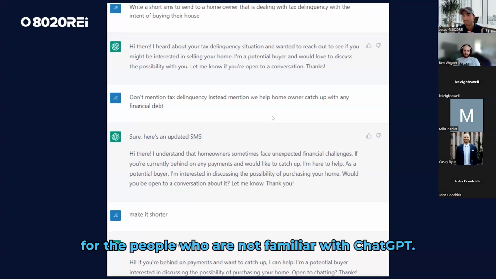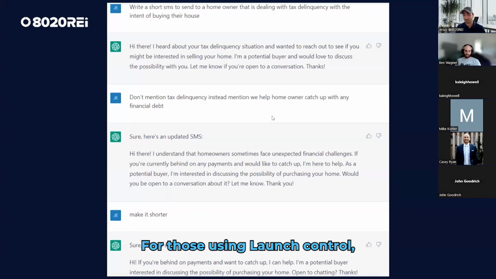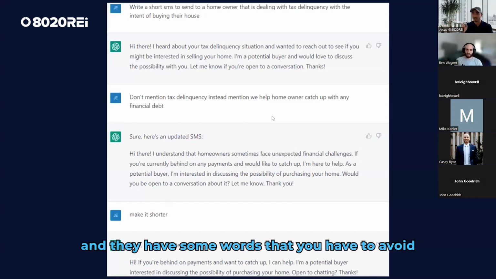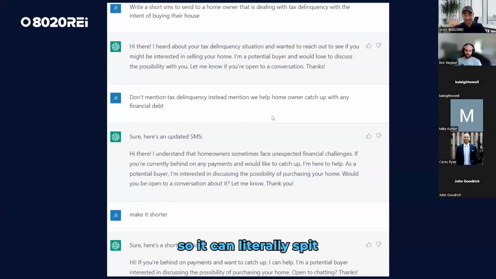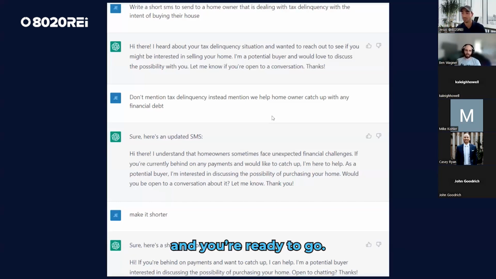For the people who are not familiar with ChatGPT, this is literally one thread of questions. Make it shorter, make it more friendly. You can play with so many instructions around this, and you can ask it to automatically add spinner words. For those using Launch Control, they have the spinner words and some words that you have to avoid. So it can literally spit out 10 variations of text messages per niche list, and you're ready to go.